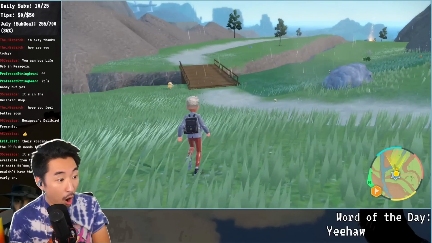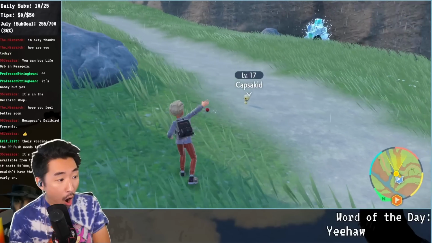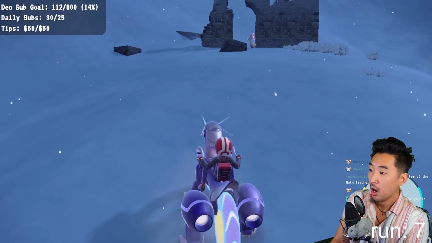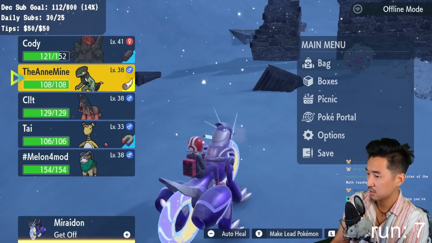While grinding, I actually ended up finding a random shiny Capsicid, which is wild because I was told before it's really hard to get because of how small it is. However, my first Spiritomb encounter in Violet was actually a shiny, so I guess I may just have some innate